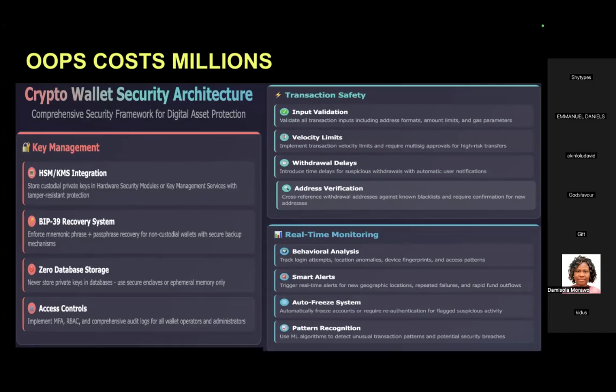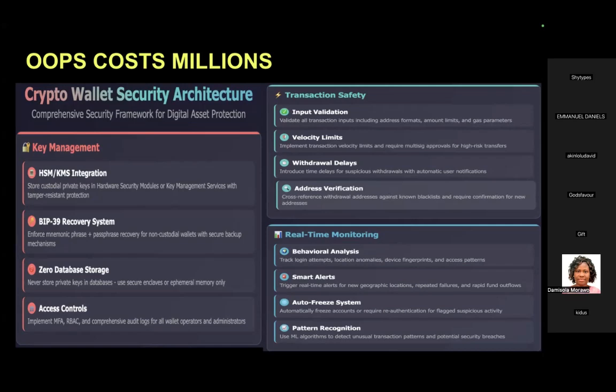Then real-time monitoring, what is happening? You can track logins. You can check, say they logged in with another device. You can send them a notification telling them you logged in with another device, or somebody is trying to tamper with your accounts, please check. Maybe they change location. It just makes things better for you. It makes building easier for you.